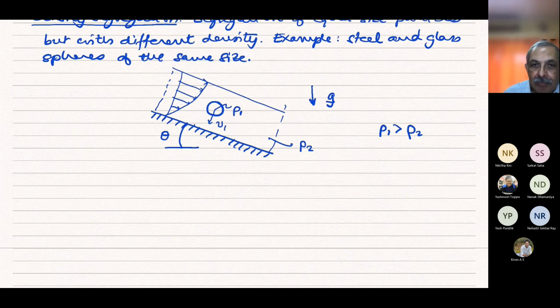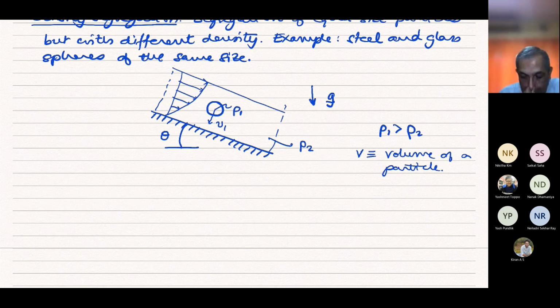So what is this V1? And let's suppose all the particles have the same volume V. Okay. So now if we just take a force balance of the particle in the direction normal to the flow, then